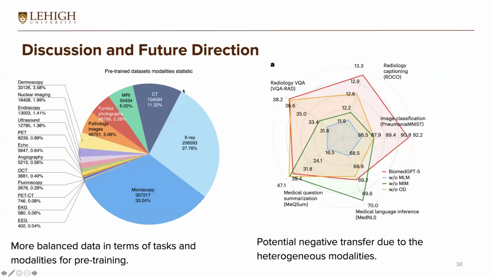And now some discussion and future directions. First of all, there are two very important things. First, you can see the medical data is super imbalanced. That imbalance makes it very hard for training to benefit from lots of data, and specifically to help with all the tasks, while some only have a very small percentage in the pre-training dataset. So how to address this kind of challenge is very hard.